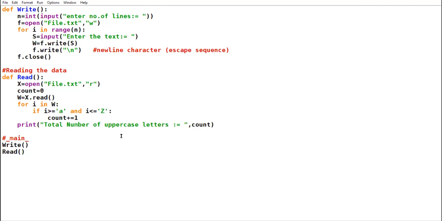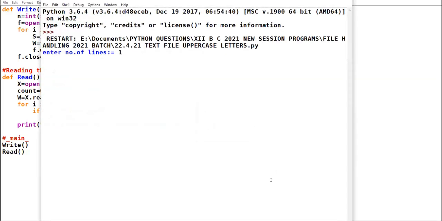Instead of uppercase, you can take lowercase ABC. One line. My name is Aditya. Now lowercase are 1, 2, 3, 4, 5, 6, 7.